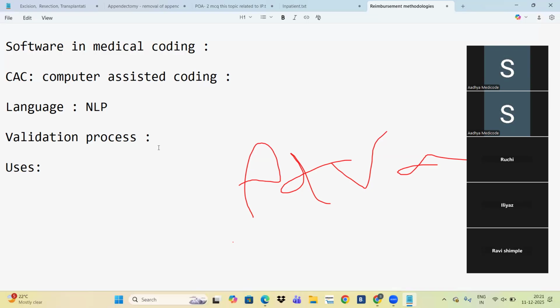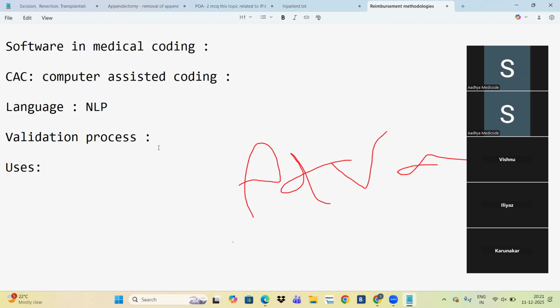Documentation review easily? Documentation review, not easy. How it will be easy, fastly, I think. Documentation we need to review every time, no? It will suggest us to code the conditions, like to not to miss any condition. So then what use you will get for a coder? Easily get the secondary codes.